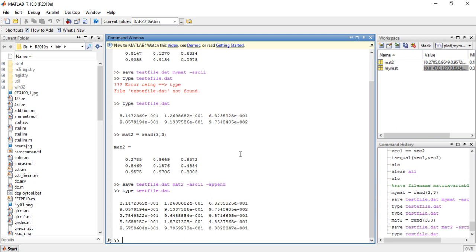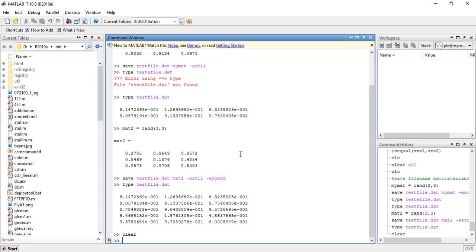Let us take an example. If the data file testfile.dat has been created as shown above in the command window, this would read from it and store the result in a matrix variable which is named testfile. So I'm going to clear, then load